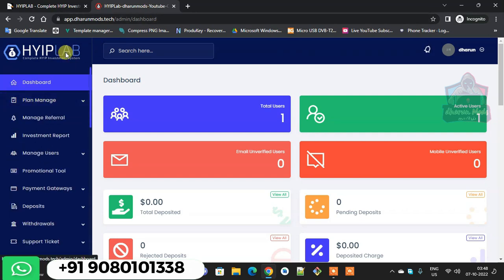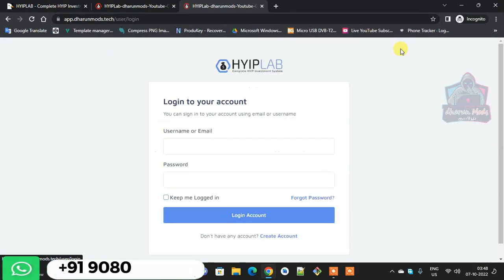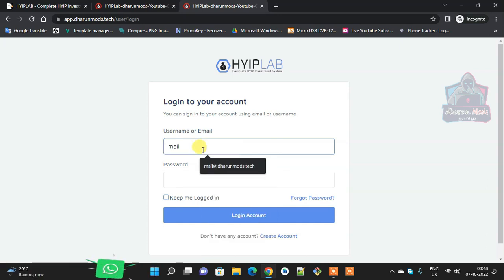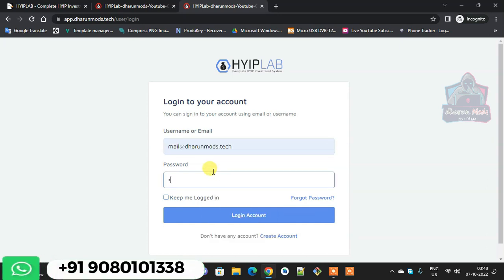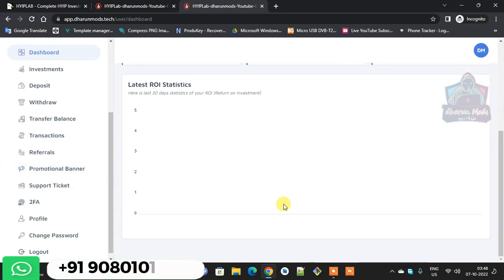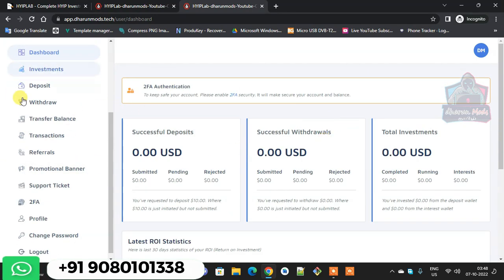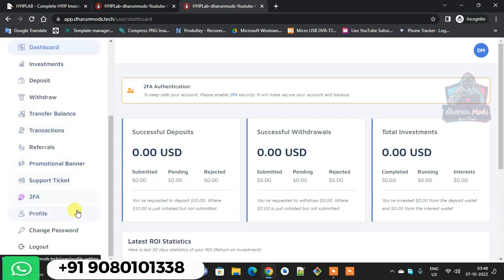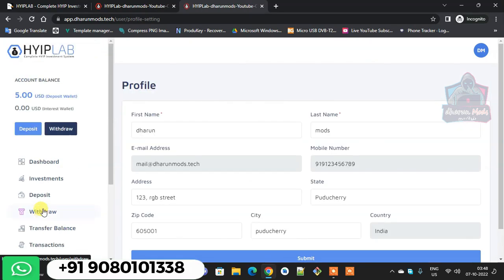I'm going to show you user panel also. So just go with your domain and click the login button, then mail.dharun.com. I also give a user login details in the description box. Check with the user dashboard also. You can see the user dashboard and other options in the user dashboard. So just click the